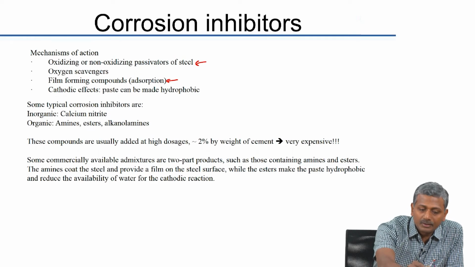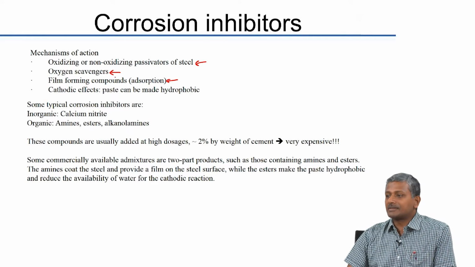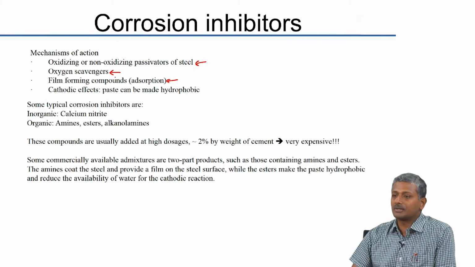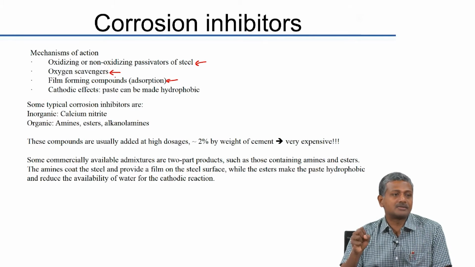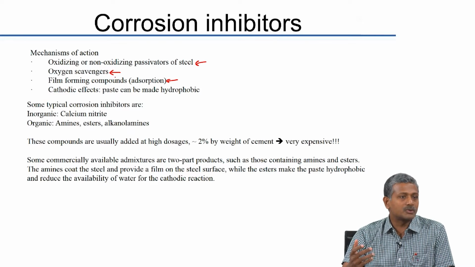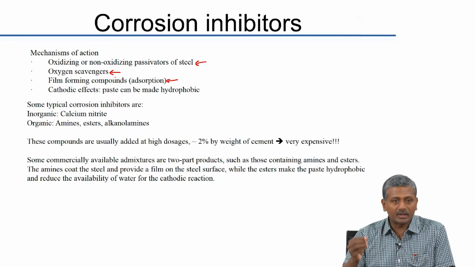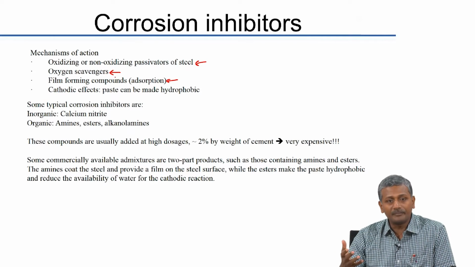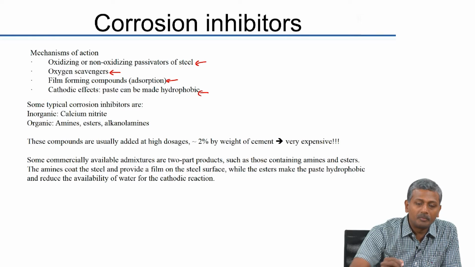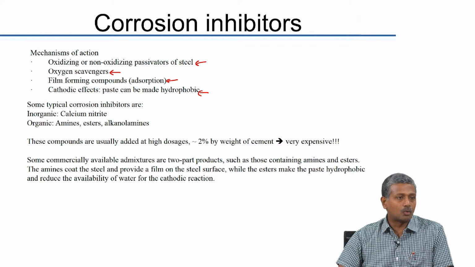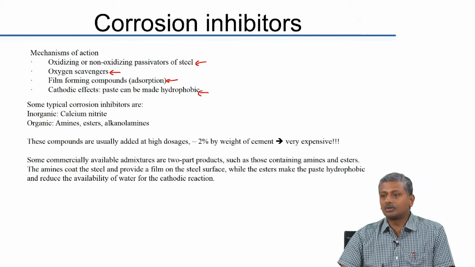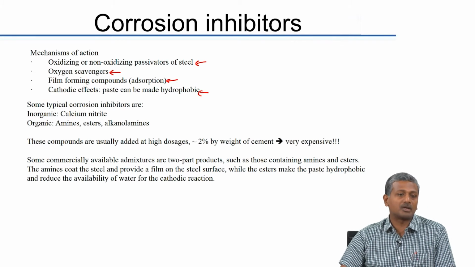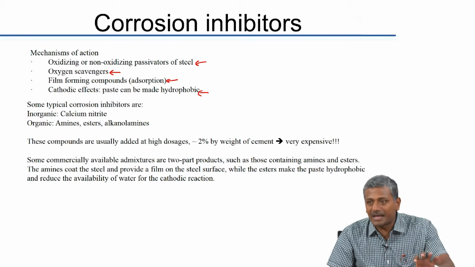The other methodology by which these compounds can act is that they are oxygen scavengers. In other words, they tie up the oxygen that enters the system, and those of you who are familiar with the corrosion process know that oxygen and moisture are both required for the corrosion process to get sustained. So, if you are able to eat up either one or both of them, for example, you can also make the paste hydrophobic or waterproof, which prevents the entry of water into the system. So, if both oxygen and water are not available, your corrosion reactions may not be able to propagate further. So, many of these chemicals that are used can have one or more of these types